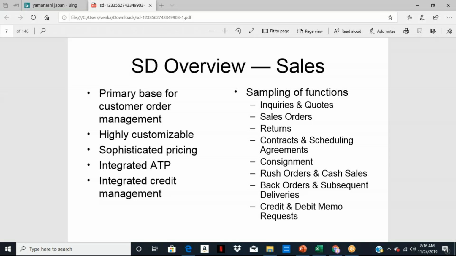Okay. So, what is the high level overview of SAP SD? Like what it is intended for? What kind of functionality it has to support the customer, your client business process? So at very high level, it helps you